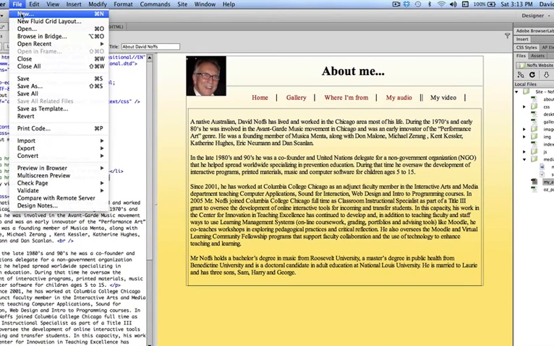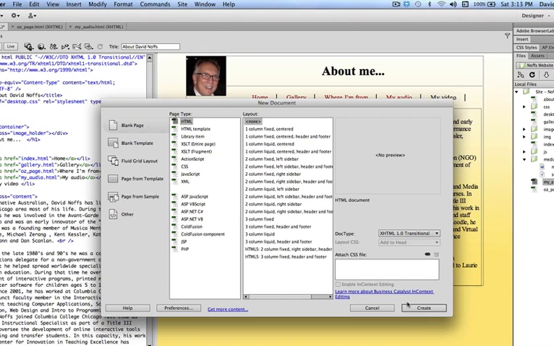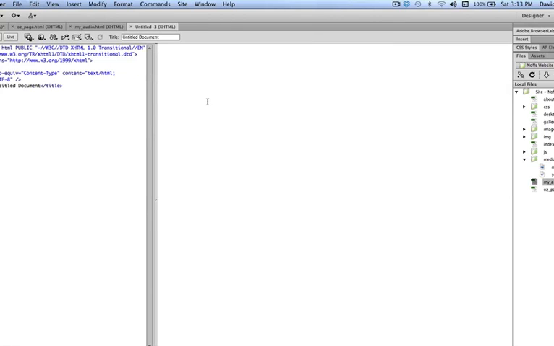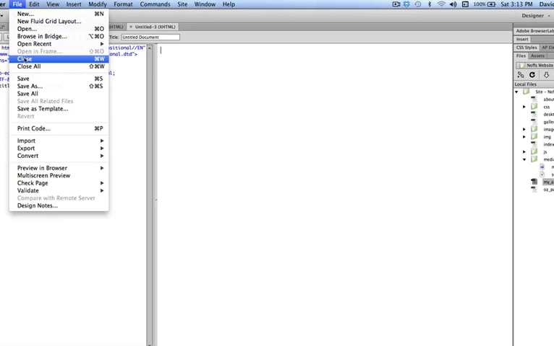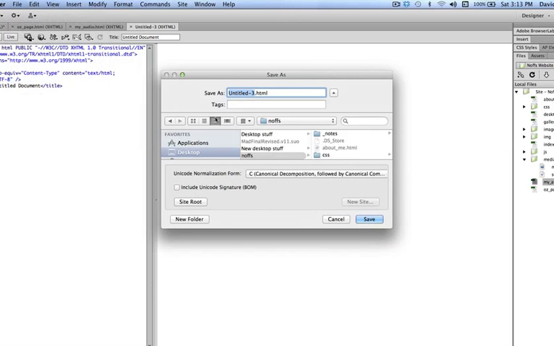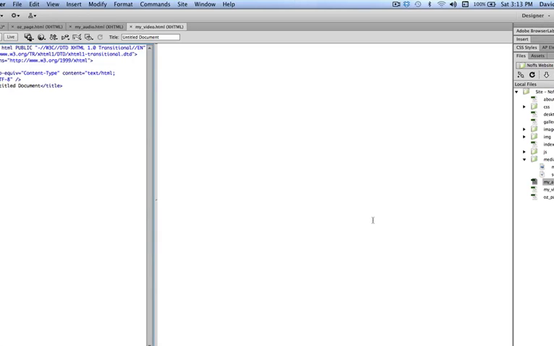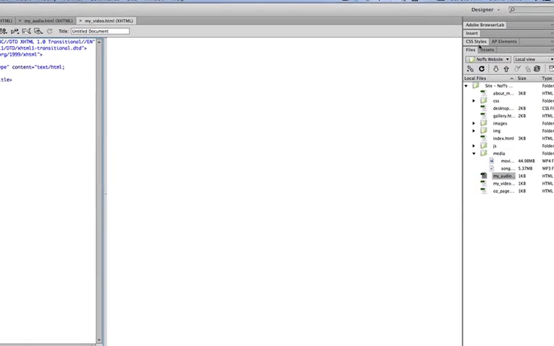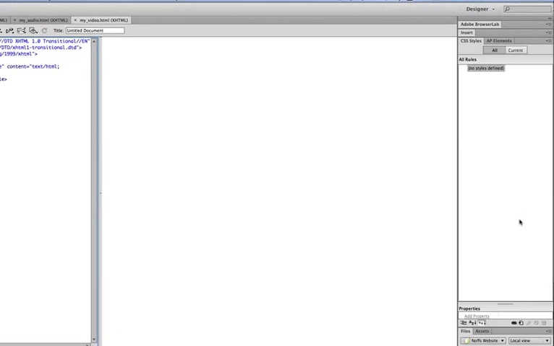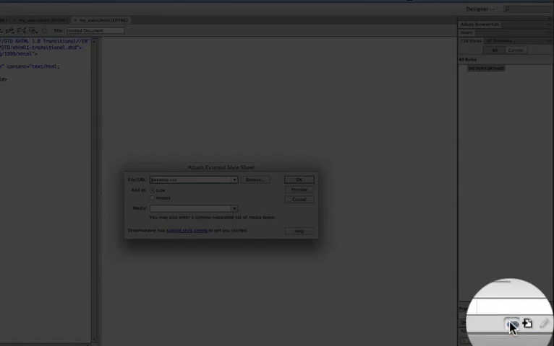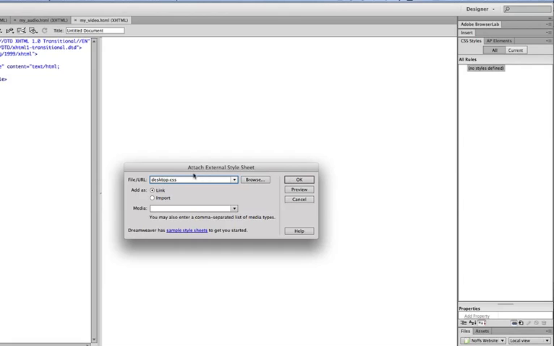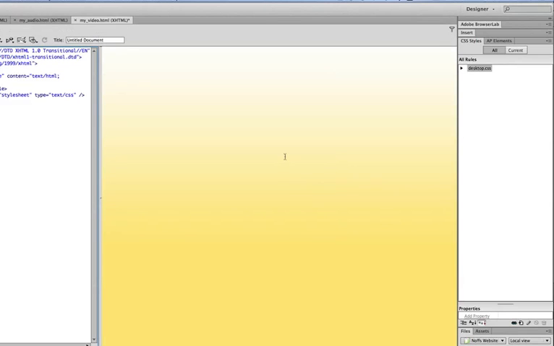So I'm going to go to File, New, HTML, click Create. I am going to save this page first, and I'm going to save it as my video.html. Click Save and attach my style sheet. Double click Styles panel, go to Attach Style Sheet, Desktop CSS, click OK, and then double click on Insert